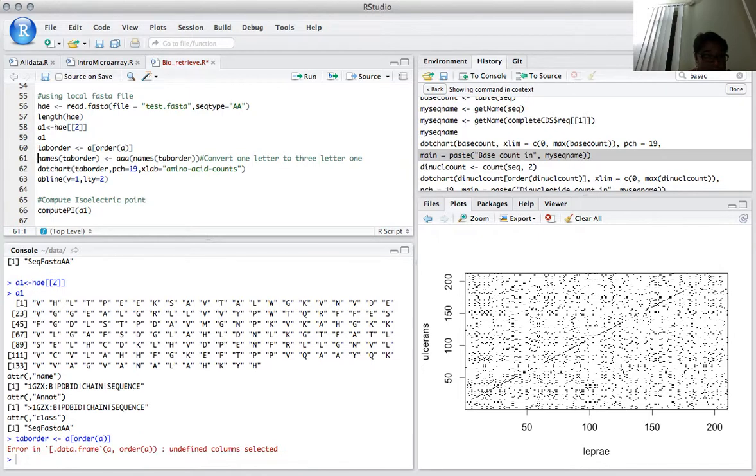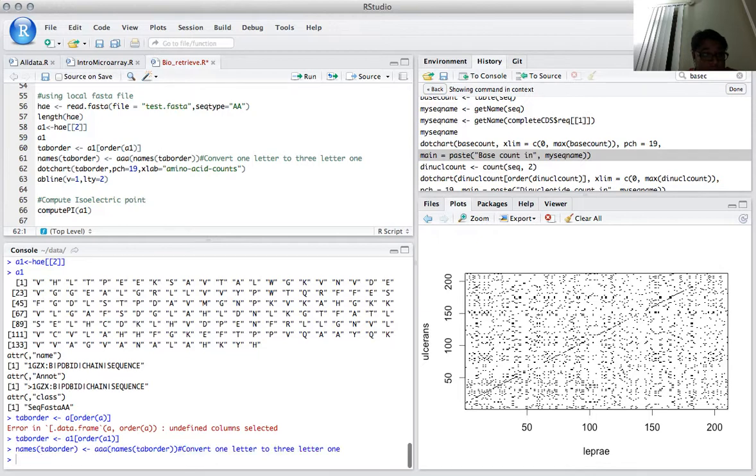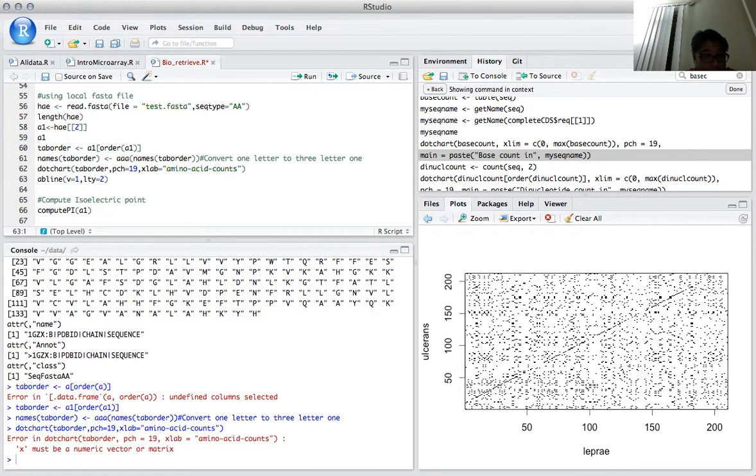Now if I want to convert the names to amino acid 3-letter words, I have converted this, and you can